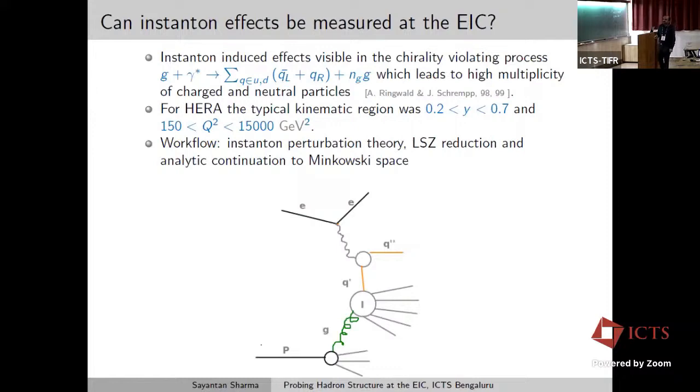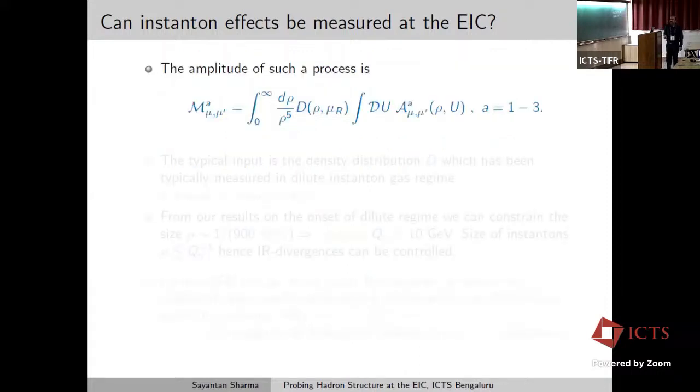So these kind of processes can be calculated within instanton perturbation theory. Instanton perturbation theory is usually done in Euclidean space. So one can do this kind of calculation in Euclidean space, do an LSZ reduction, and then one has